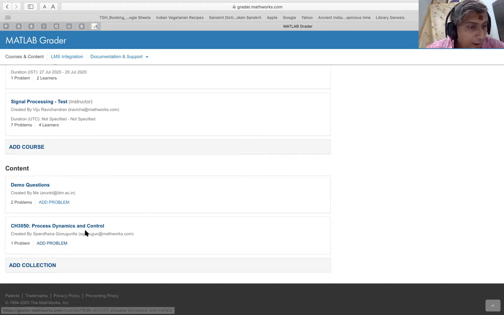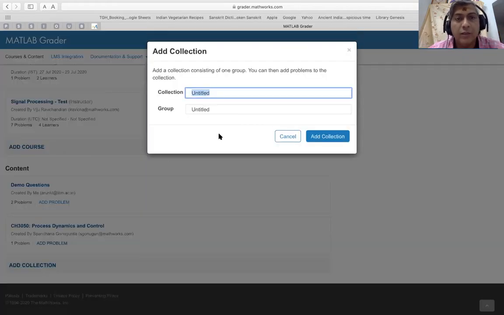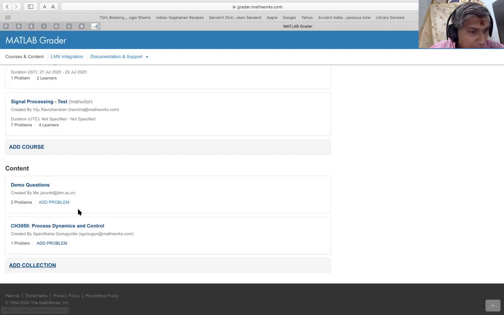So you can add a collection if you wish. And if you click on this add collection, you will be presented with this dialog. And you can write your title, and within the collection, you can again have groups of questions. So for example, if I look at Process Dynamics and Control, it's a big course.